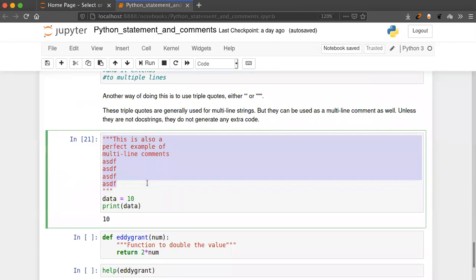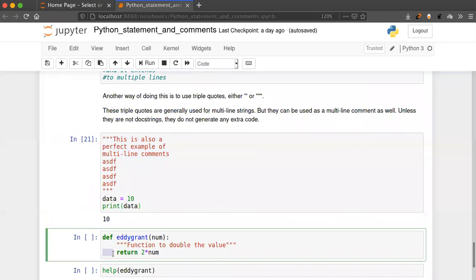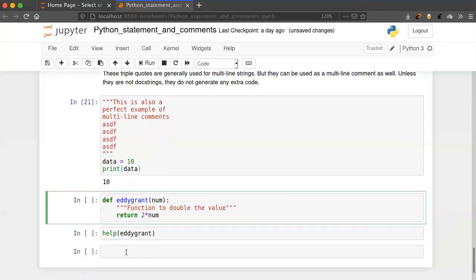There's one doubt, Charan. Is there any rule to give a specific number of spaces? Actually, there's no rule to give any specific number of spaces. You can give one space, or you can give two spaces. But when you write a very huge program, sometimes you might get confused. So according to the standard method, you can simply pass four spaces. It's your choice; you can also pass 8 spaces or 6 spaces according to your IDE